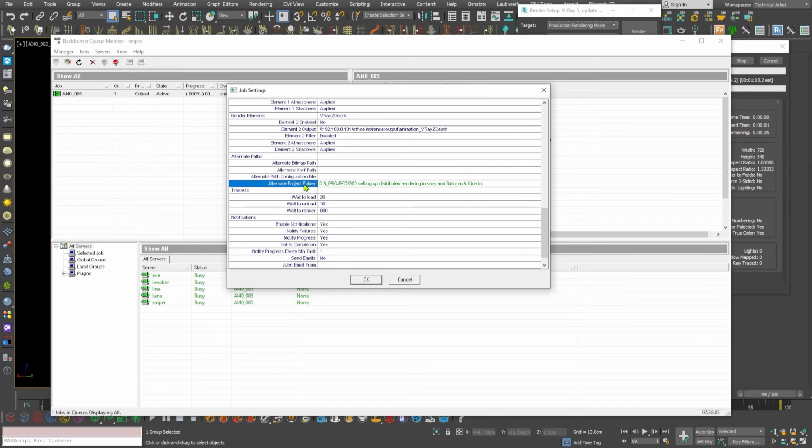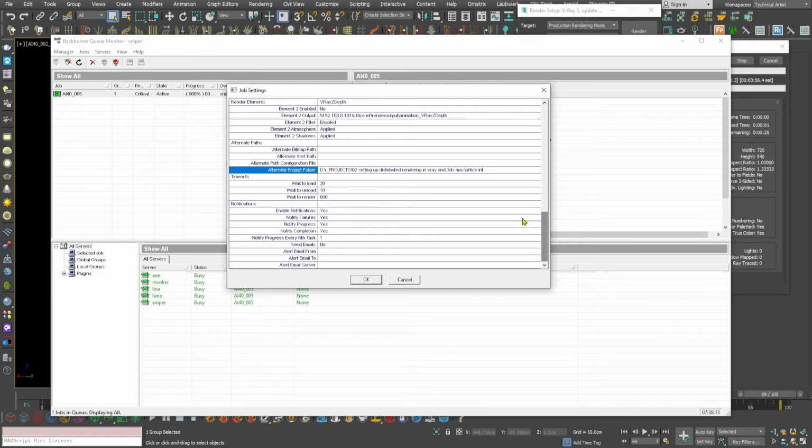If you set the alternate project path to a network location as well, which is accessible by all computers, so they can access the textures that way, but I am using the asset tracking and assign the textures the proper way.